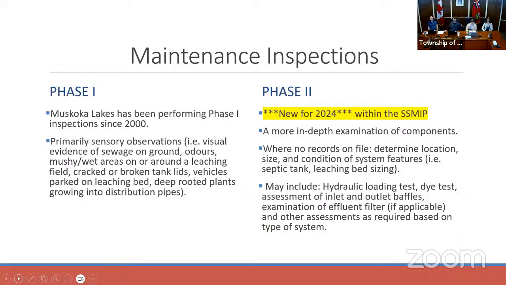These are all items that can be easily identified without causing too much disturbance to the soil or too much of an invasive investigation. Again, phase 1, largely sensory observations. Moving on to phase 2 inspections, all of those sensory clues would again be looked for. However, a phase 2 inspection further involves a more invasive assessment of a sewage system. This will generally include, for starters, an examination of the tank itself and how sanitary sewage entering the tank is